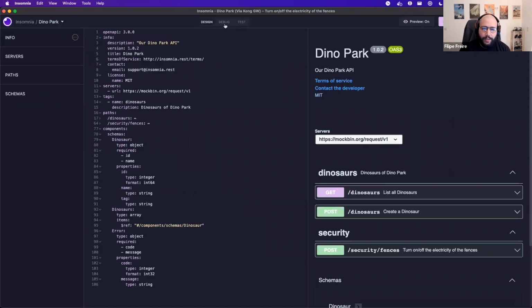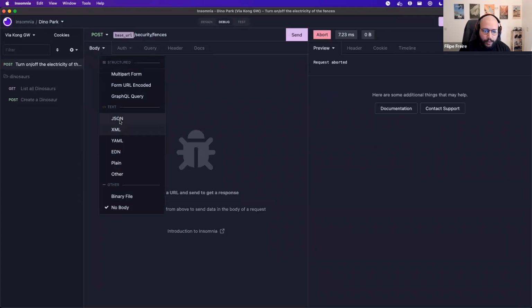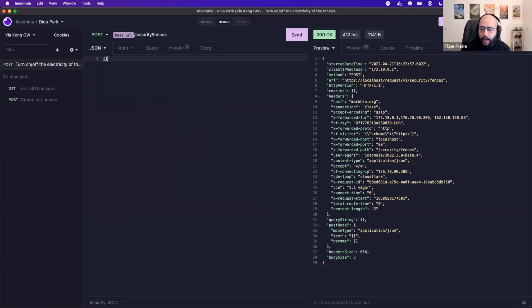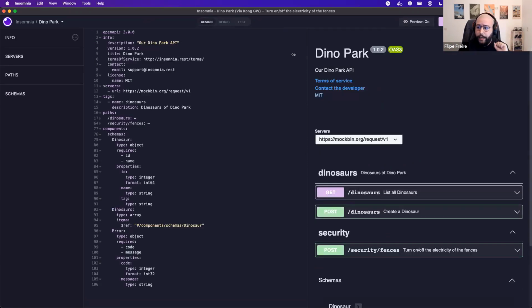Oh, of course. I will need to define, for instance, some sort of body that I'm sending to it, because I didn't add enough configuration to my Kong gateway. So Kong, of course, because it's not exposing the internals of my Dino Park API, it's not going to tell me why necessarily in this case it's failing because I haven't configured it, so to speak. All right, so I added a new endpoint to my API spec, and I'm ready to commit this and push